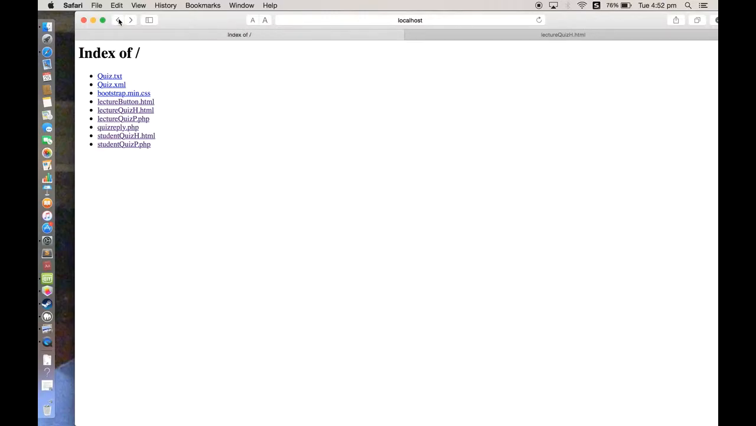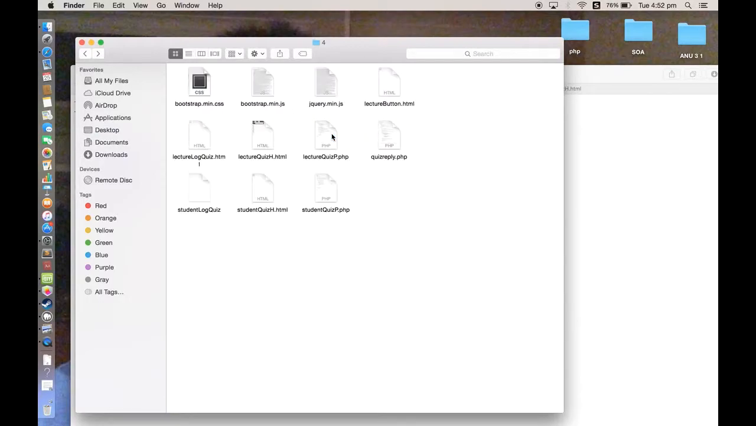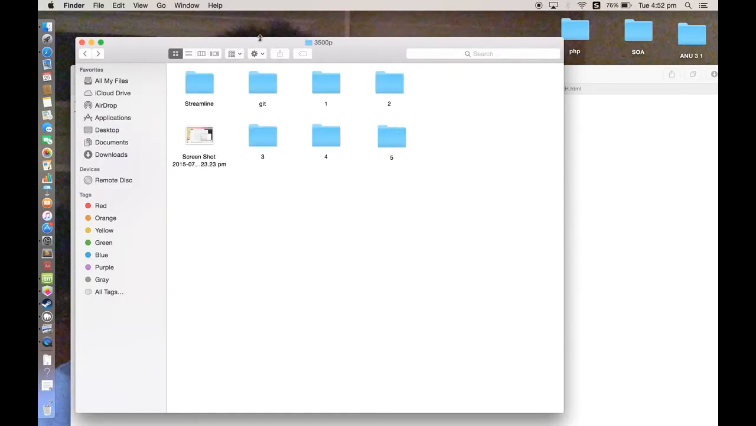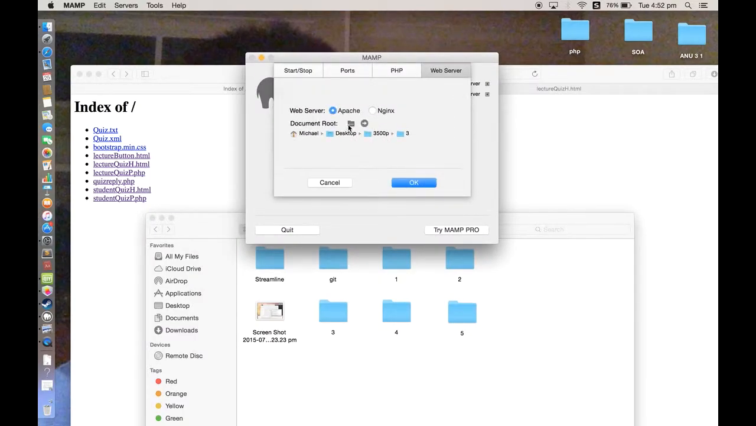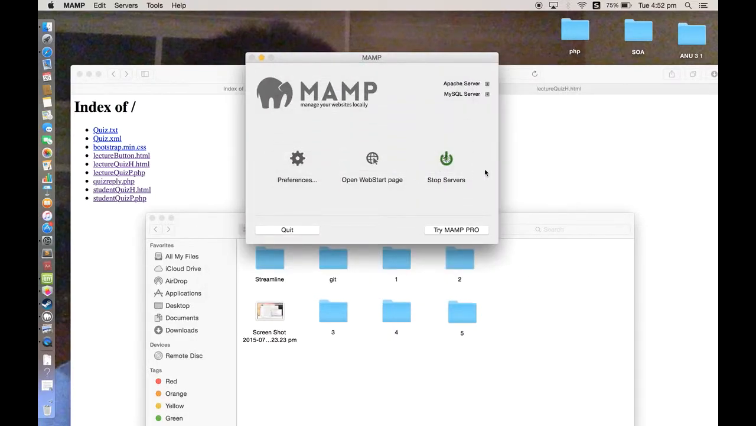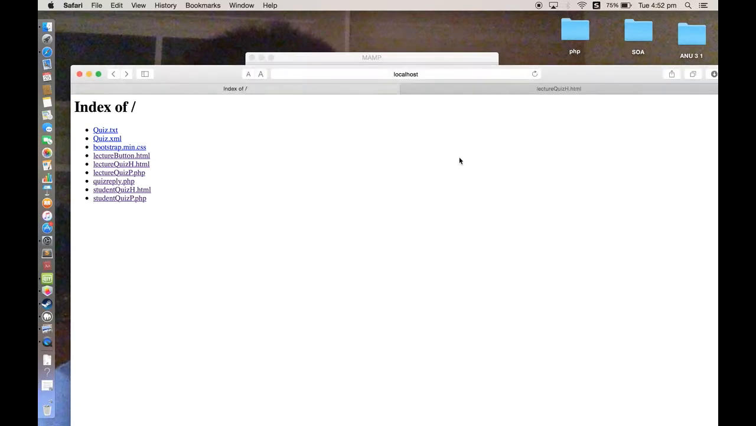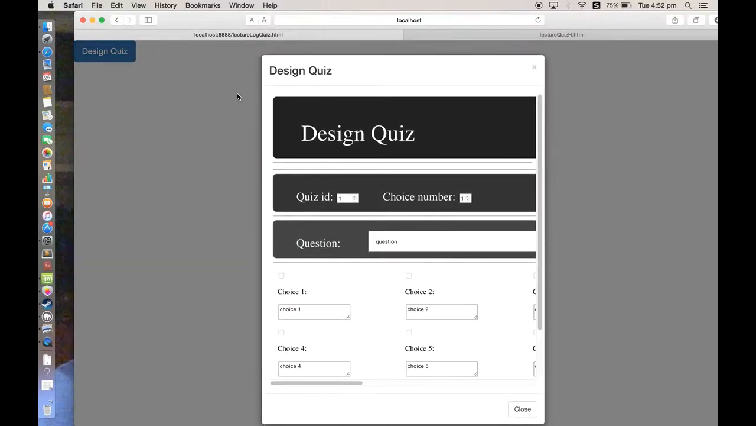We'll go back in, and what I modified is actually in this folder, the fifth folder. We change the path, go to the fifth, and the server started again. And this time we go to the lecture quiz button. After that, what I mainly did in the third week is to put it in an overlap,